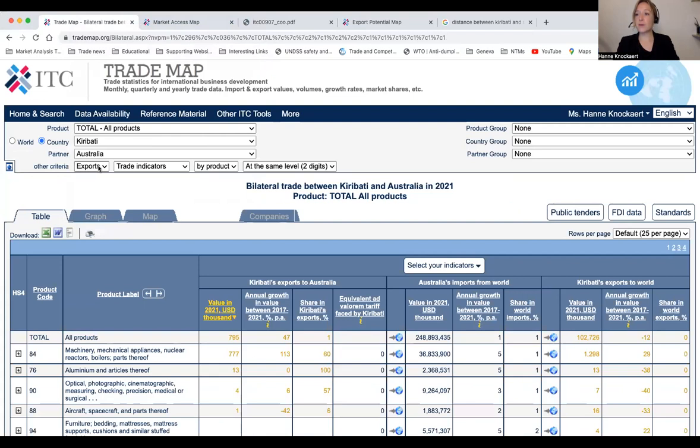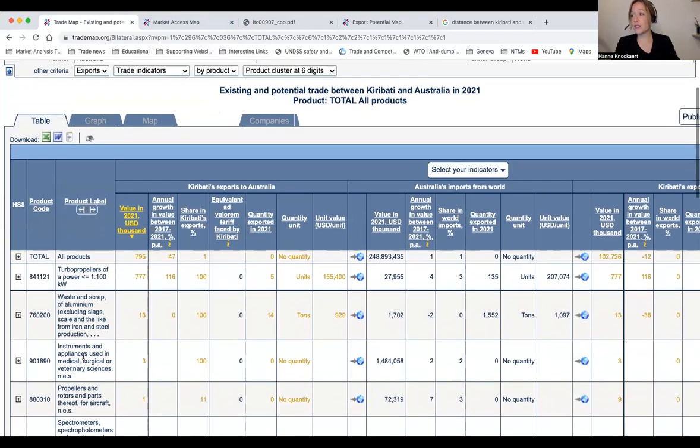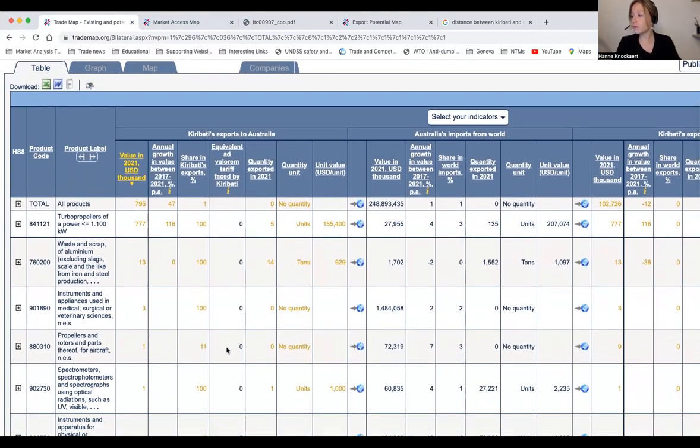We're looking at exports of Kiribati to Australia. I want to look into products at the HS6 level. And then we can see for which products these two countries are linked together. And we can see that turbo propellers of a power of less than 1,100 kilowatt seems to be the largest reason for